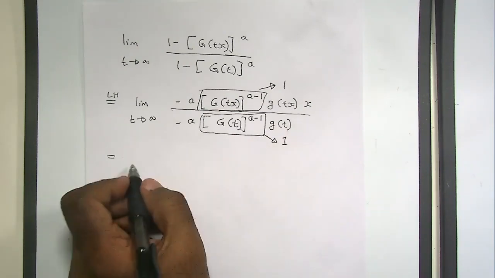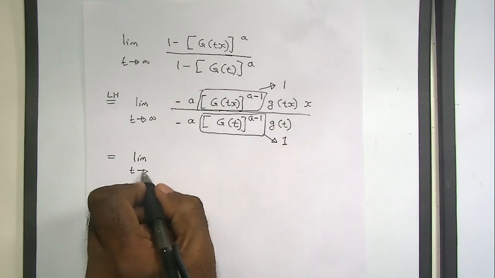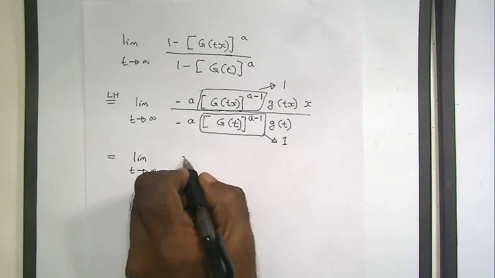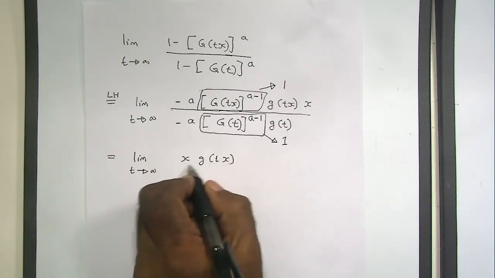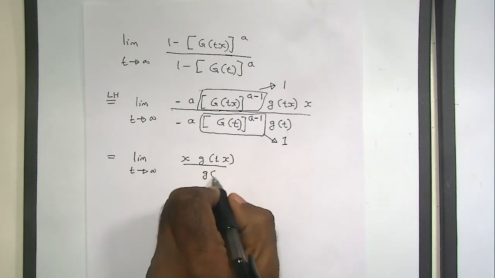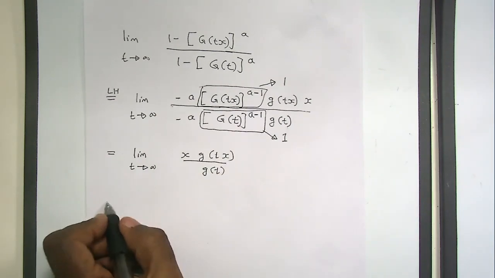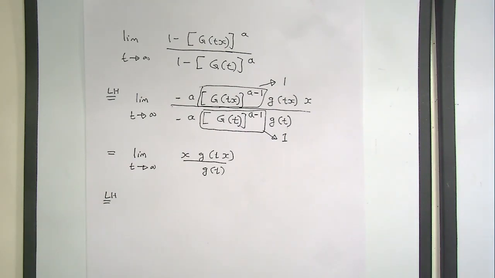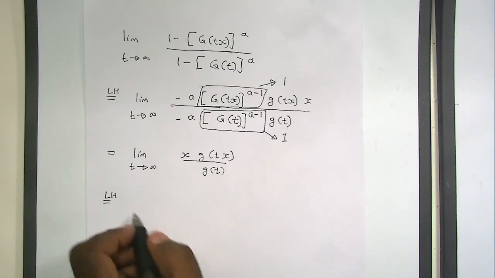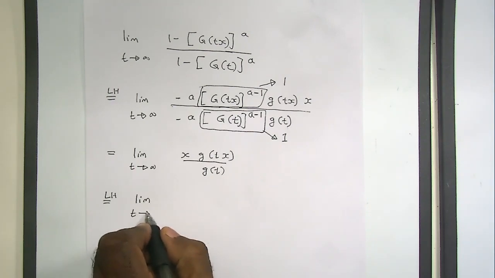So this will become the limit as t goes to infinity of x gt x divided by gt. And then again by L'Hopital's rule, but in the reverse direction, you can write this as the limit as t goes to infinity